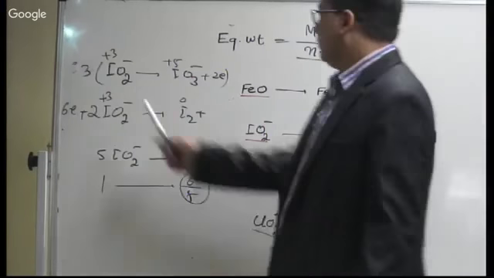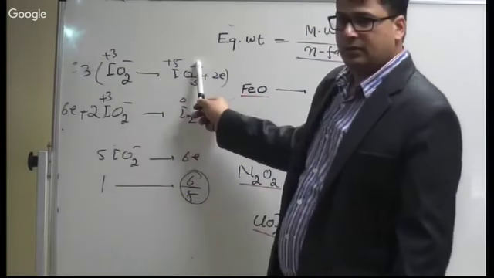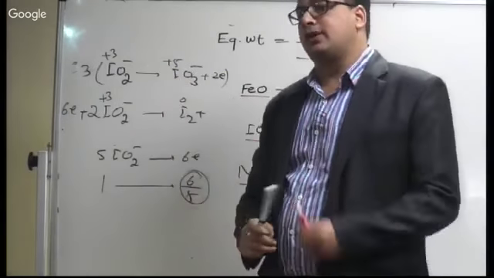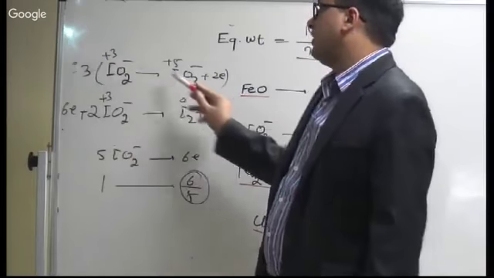See, IO2 minus gives IO3 minus. First step is to balance the atom which undergoes change in oxidation state. Here the iodine is undergoing change in oxidation state. So I am